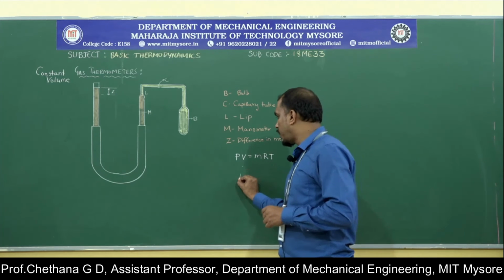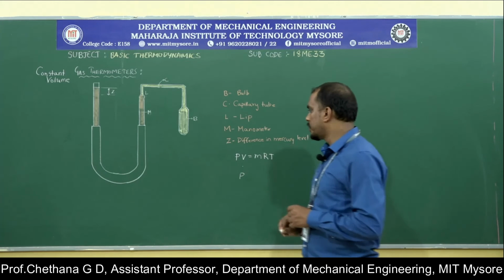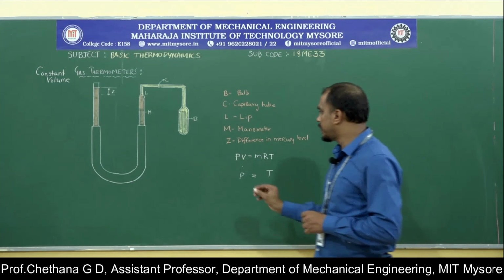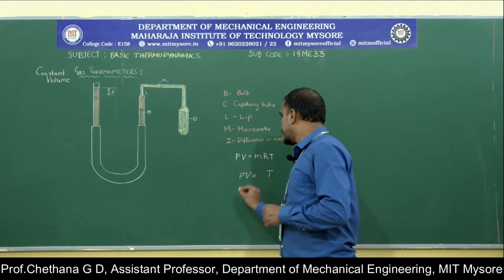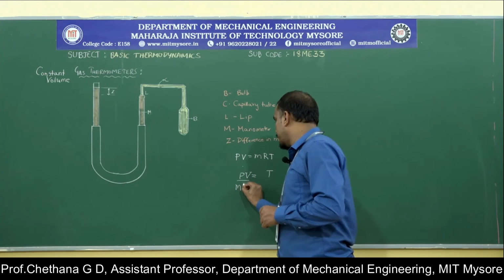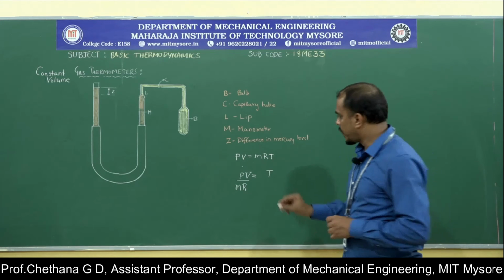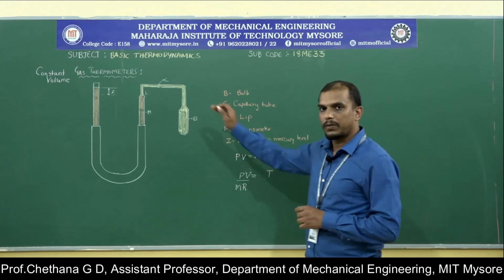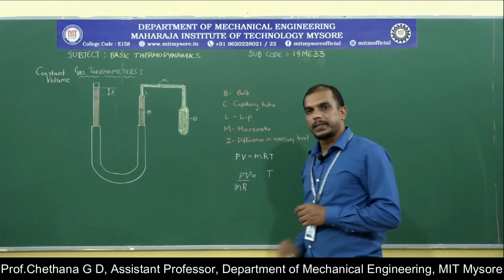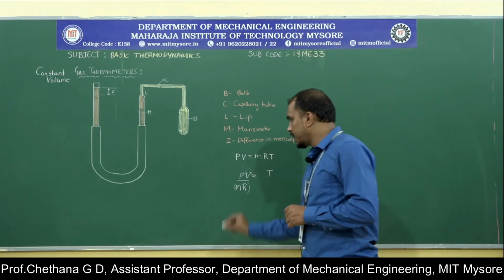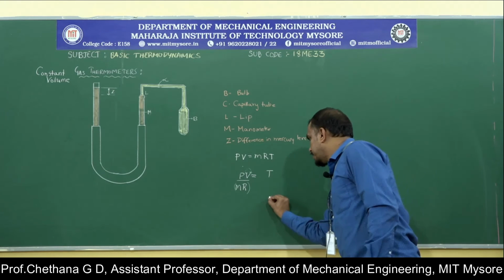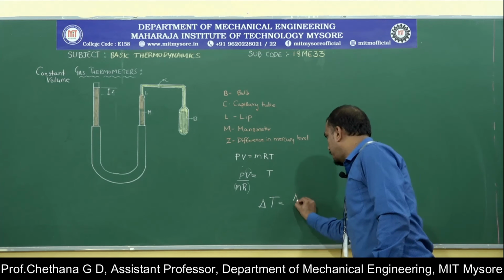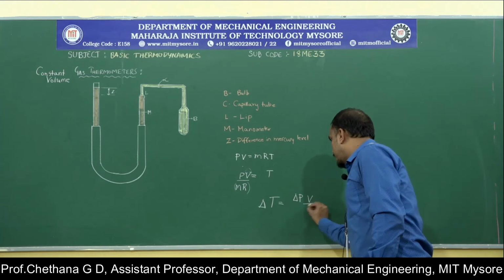Since it is a constant volume, we are interested in measuring the temperature T. So, the remaining terms we will send to the other side. So, PV by mR. Look at this equation now. Volume is constant. We are making it such that the volume is constant, mass is constant and the gas constant we have. So, any change in temperature, that is delta T, is proportional to delta P, and all the remaining values are constant.